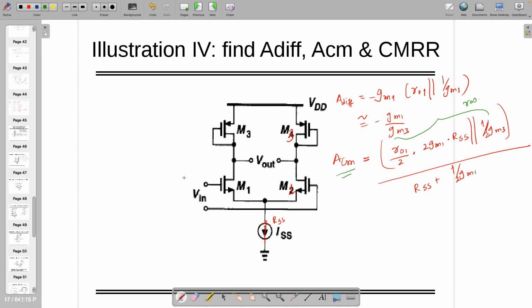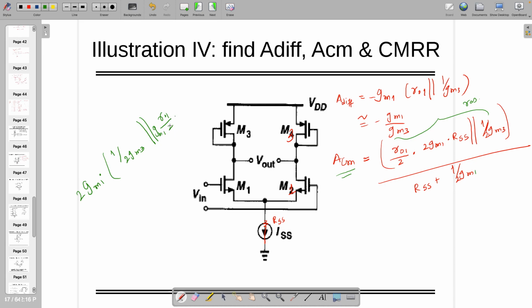So this is resistance, gm. Okay. Common mode gain is 2 gm times 1 by 2 gm3 in parallel to r01 by 2, no,